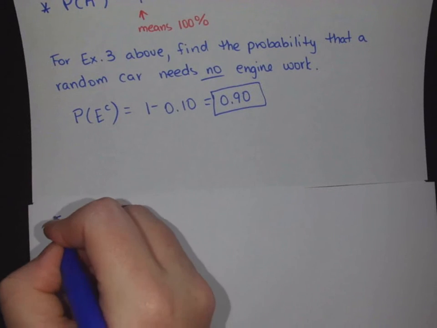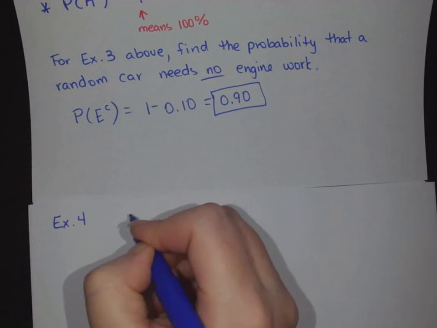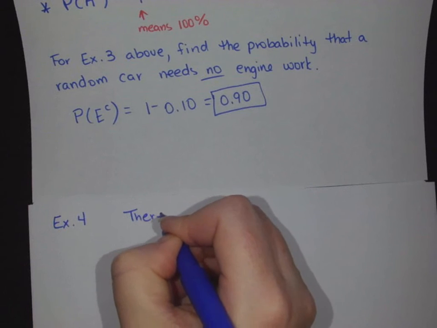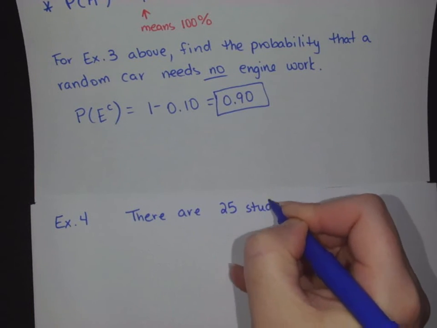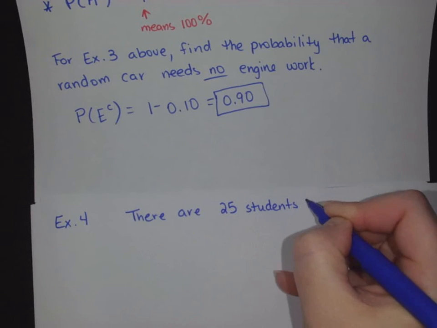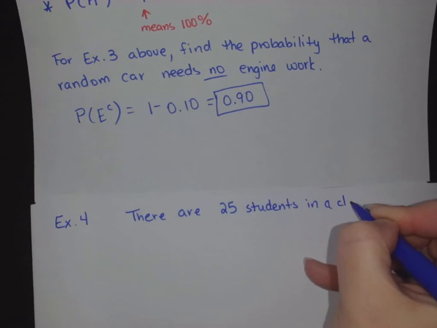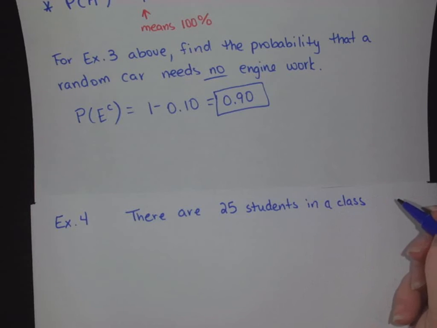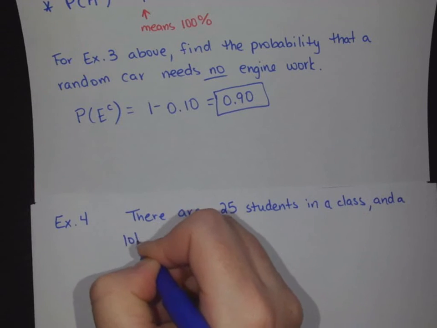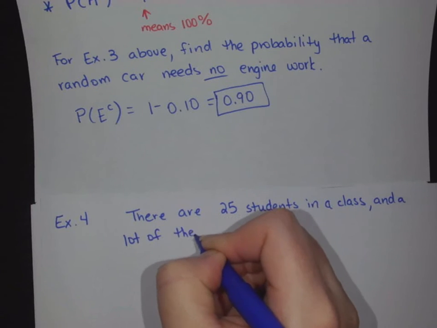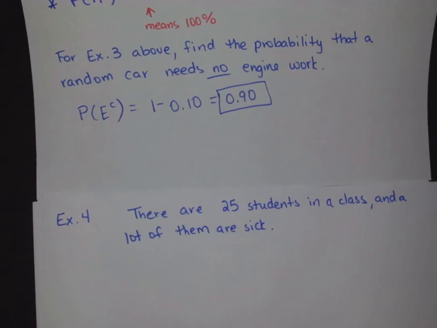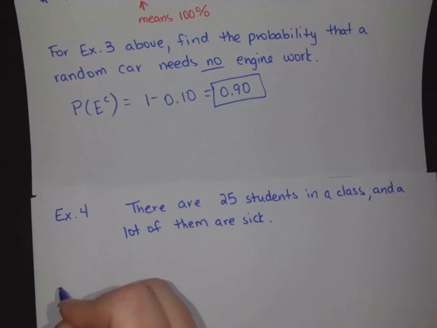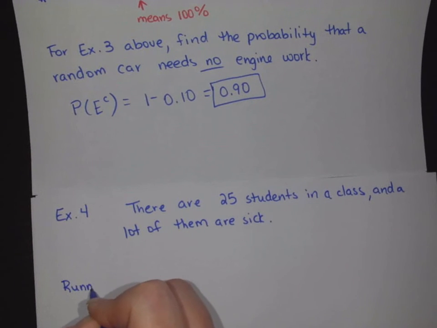Okay, so let's do an example of some of that, and let's do another contingency table. Let's say we have 25 students in a class, and a lot of them are sick. This is obviously pre-COVID, because now if they're sick, they'll get sent home immediately. So again, skip